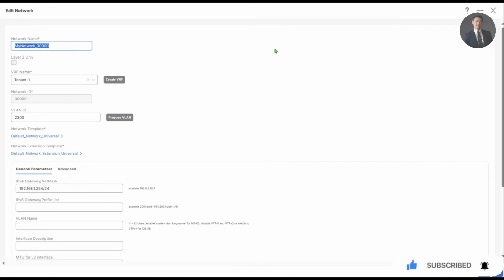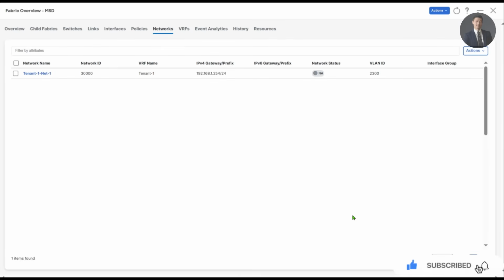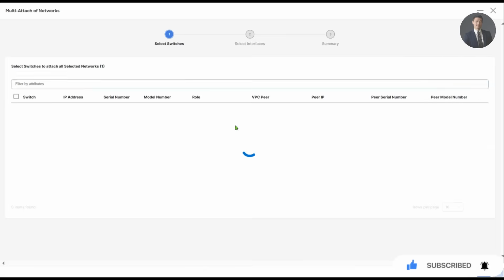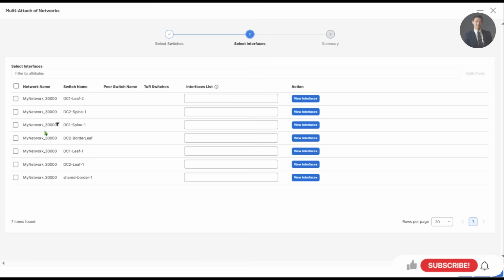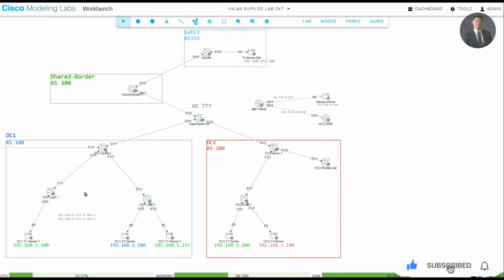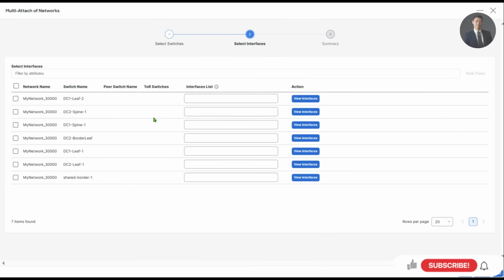We say tenant 1 net 1. Save it. And we want to attach to everywhere. According to the map, the diagram, we could tell which ports we wanted to assign this tenant 1 net 1. Let's sort it out. DC1, leaf 1,